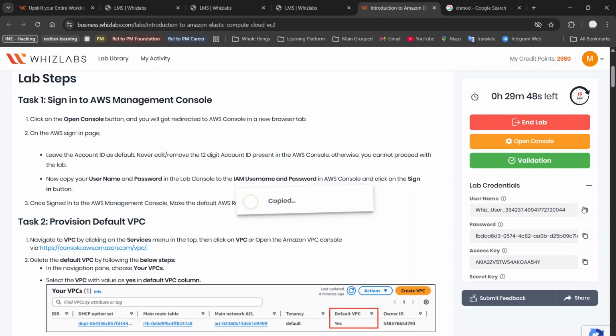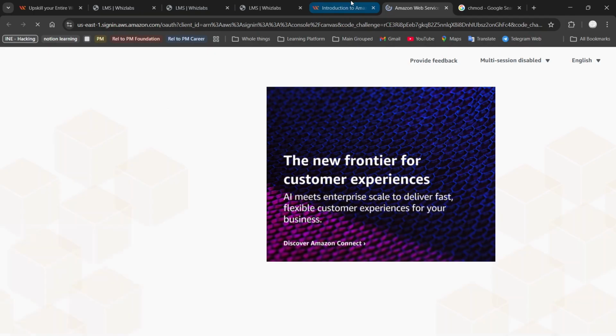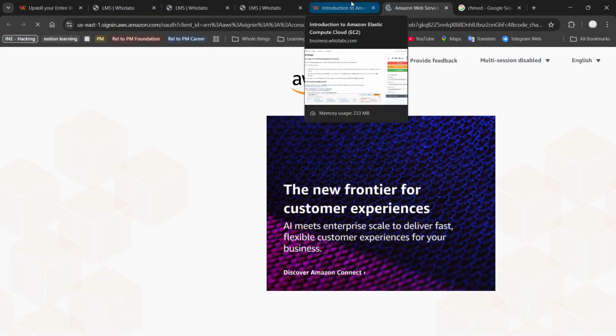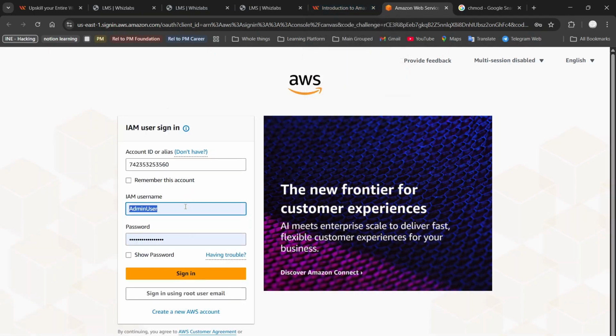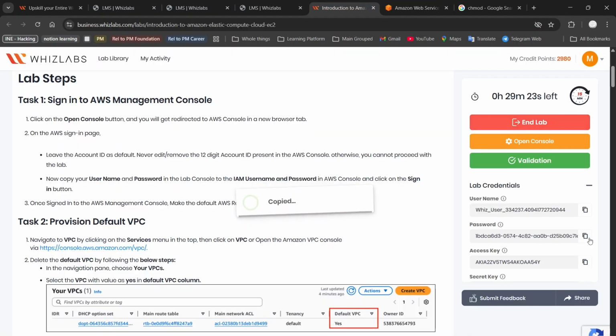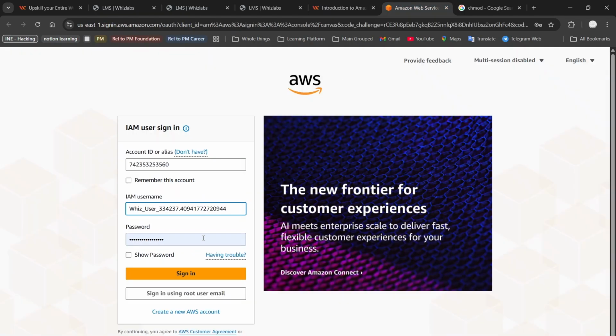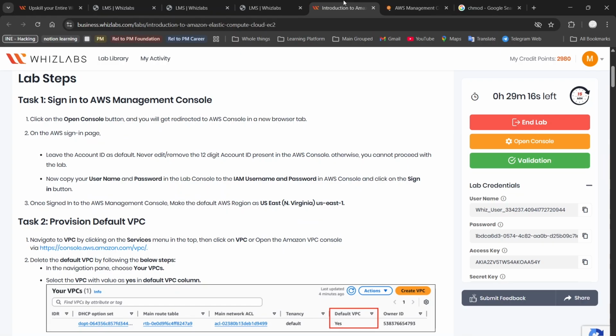What we have to do is copy this, so this is my username and password. After signing in, we have to do